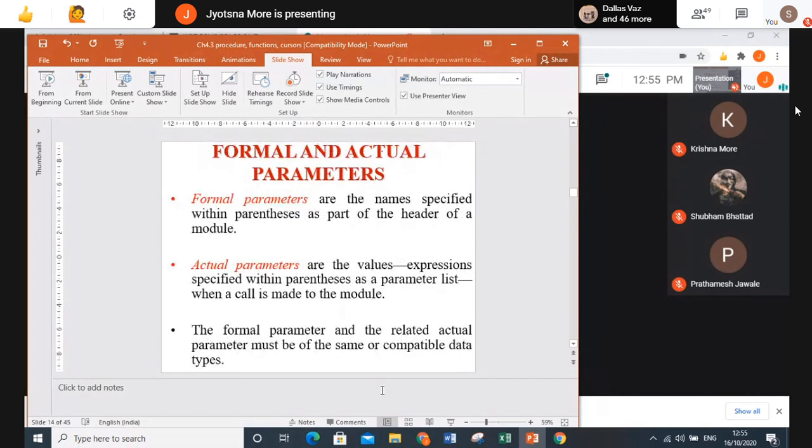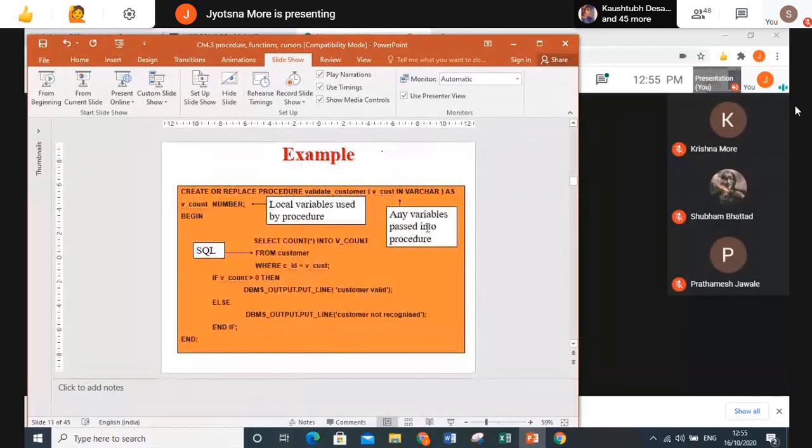So now these parameters which we just discussed were the modes of the parameter. But these parameters can be of different types, formal and actual. Formal parameters are nothing but the names specified within the parenthesis as part of the header.